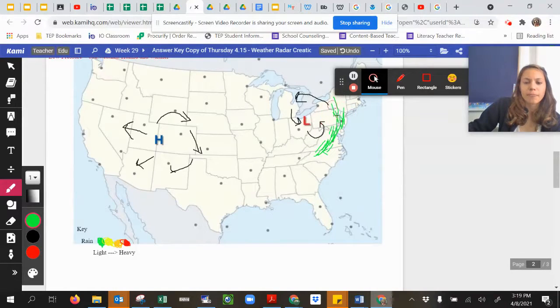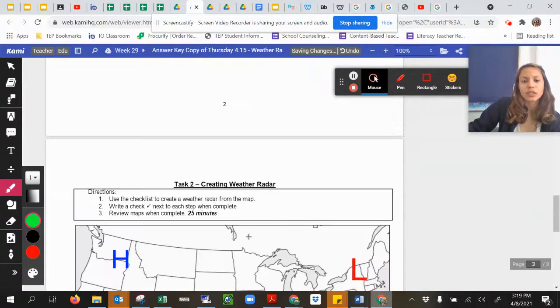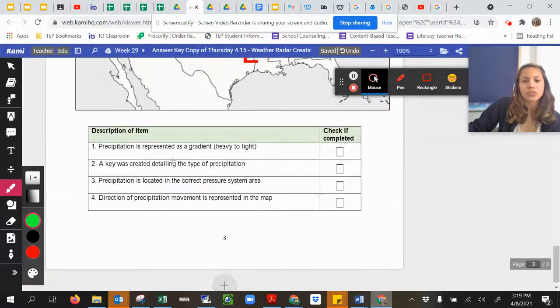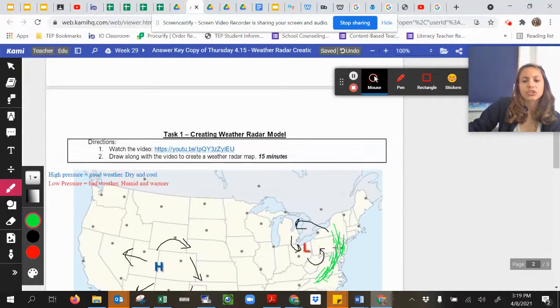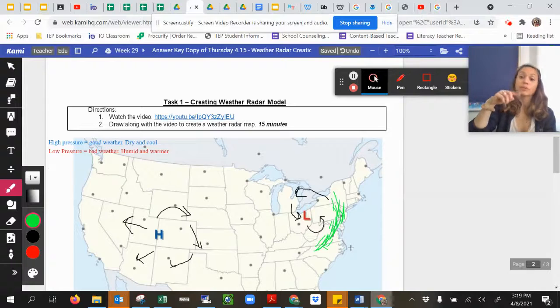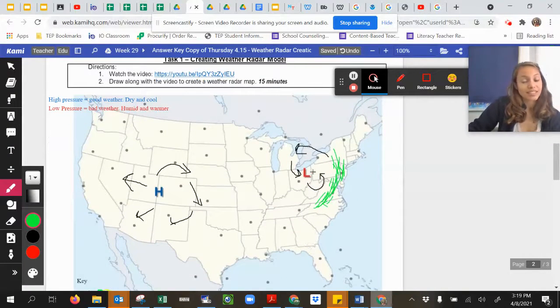were given today. Okay. Something else that you need to know, because you are going to be using it in task 2 with a check to complete it, is that you need to show the direction of the movement of the storm. So what direction is the storm moving in a low pressure system? Counterclockwise, right? So if I see a storm moving this way,